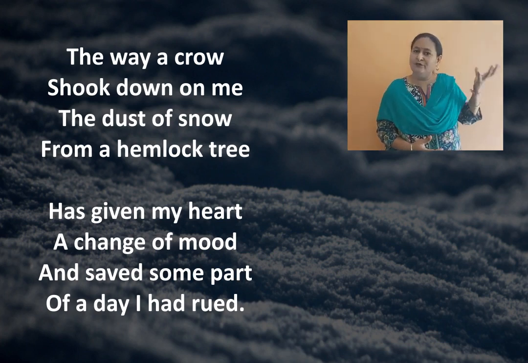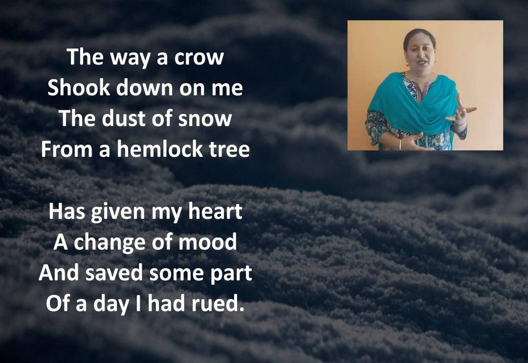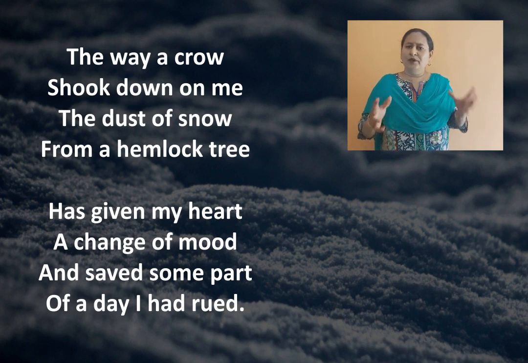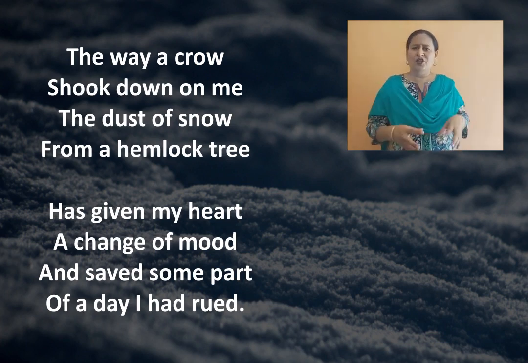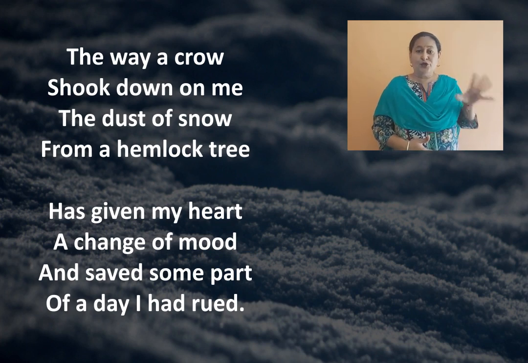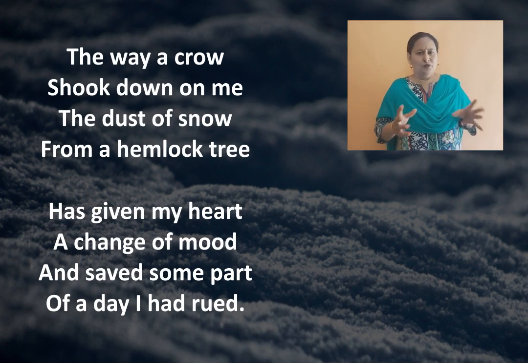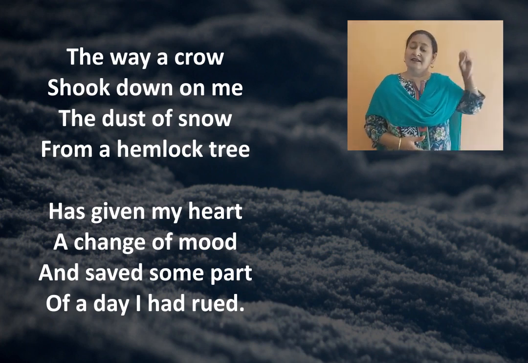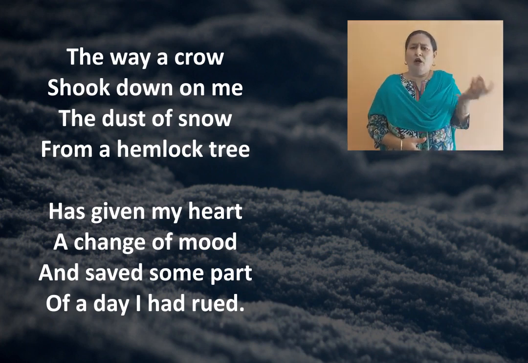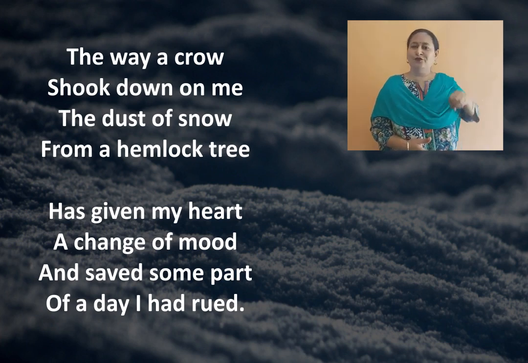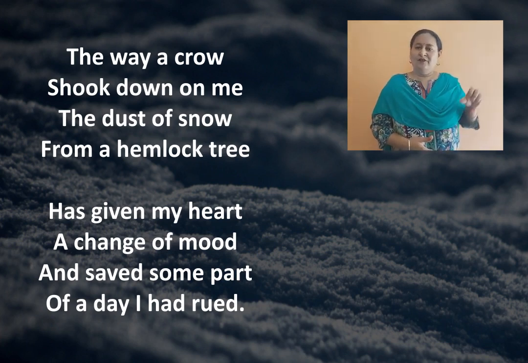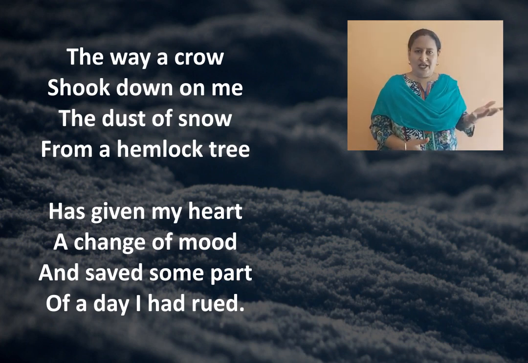Crow is a symbol of bad omen and hemlock tree is a poisonous tree. The poet wants to give us an impression of grief and distress and sadness through the crow and the hemlock tree. So he was there, a gloomy day he had spent, and suddenly this simple common act of falling down of the snow from the tree brought about a change, a drastic change in his mood,